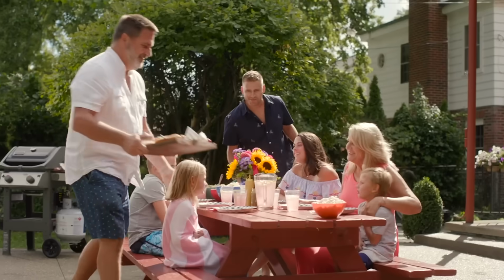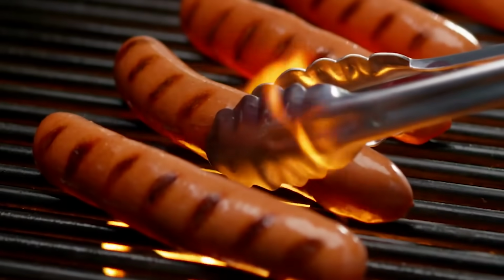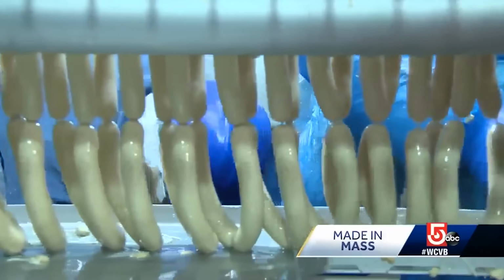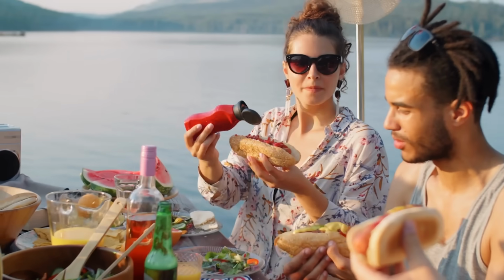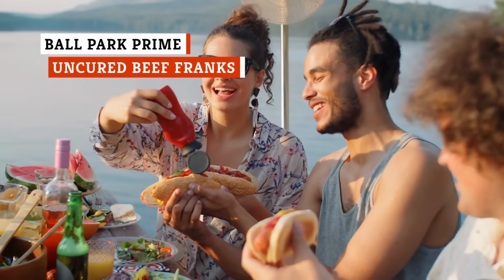What's a backyard barbecue without a few fillers, nitrites, and artificial colors or flavors on a bun? Nothing says summer like a good old-fashioned hot dog, but you're probably better off leaving these brands on the grocery store shelf. If you've got your heart set on a hot dog, you're probably not too worried about keeping things